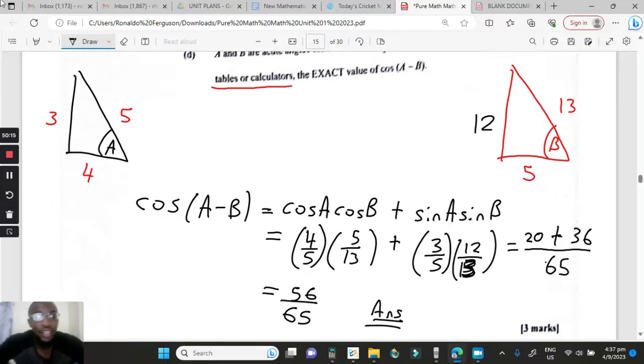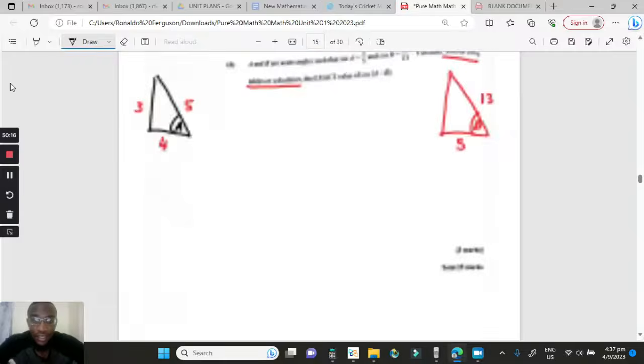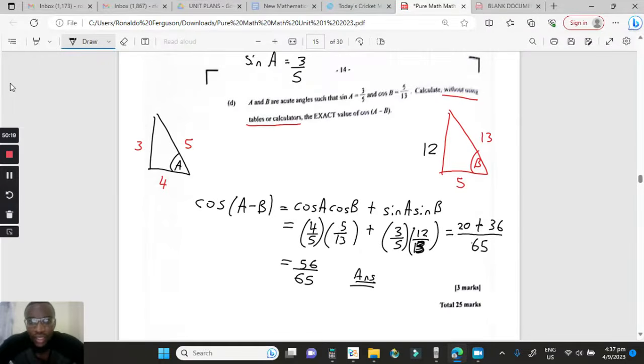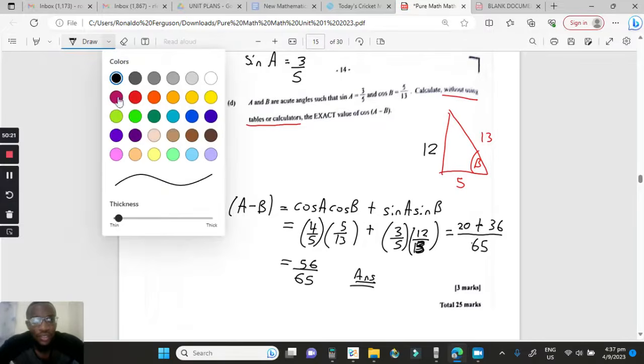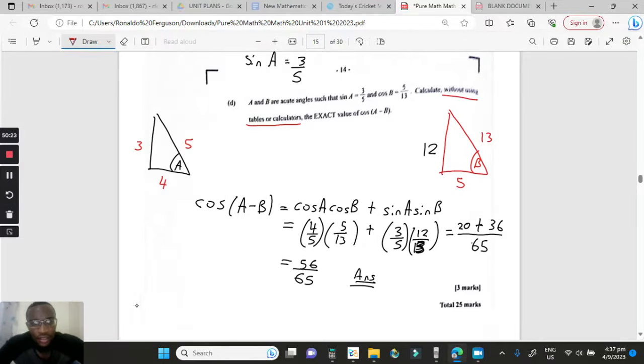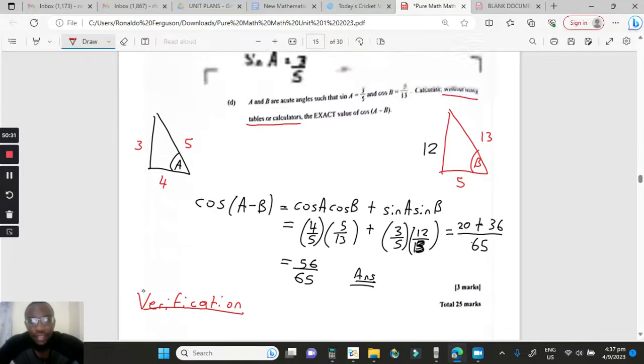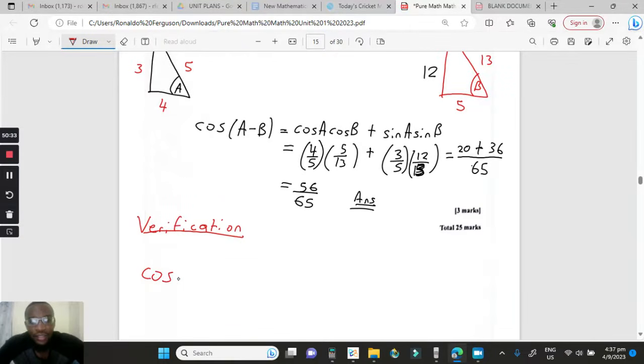Now for verification, we're going to use our calculator. Look how we're going to use our calculator, right? So this is just verification. It's already finished, you know, guys. It's already finished. But just to verify it, we're saying then cos(A minus B) is equal to cosine of